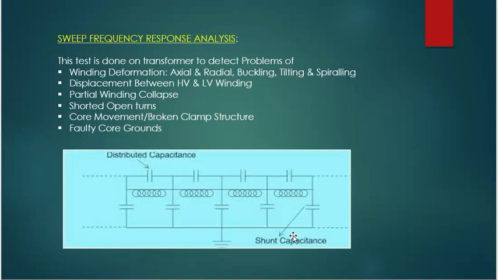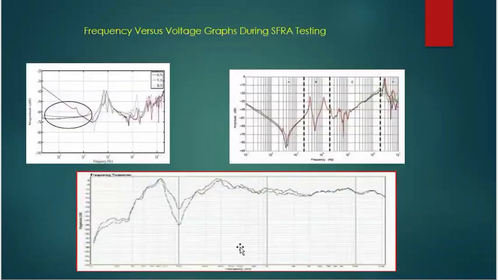As the winding itself is a distributed RLC circuit, it will behave like an RLC filter and give different output voltages at different frequencies. A sinusoidal test voltage is applied to one end of the winding and the output voltage is measured at the other end of the winding. The other end of the winding is kept open circuited. Now if the voltage level is fixed and the input frequency is varied over a wide range, we will get different output voltages at different frequencies depending upon the RLC nature of the winding. If we plot those output voltages against the corresponding frequencies, we will get a particular pattern for a winding.